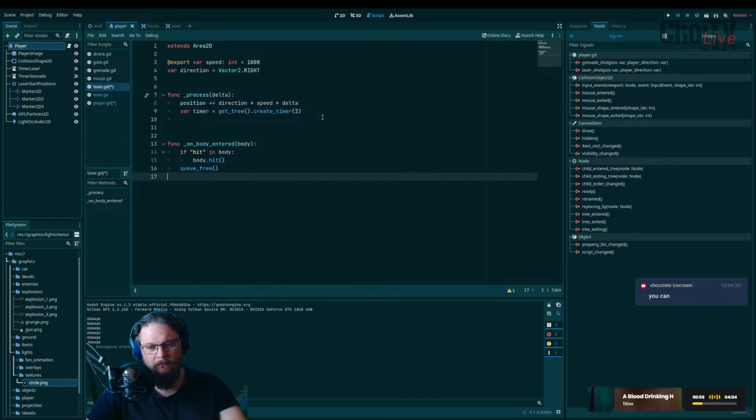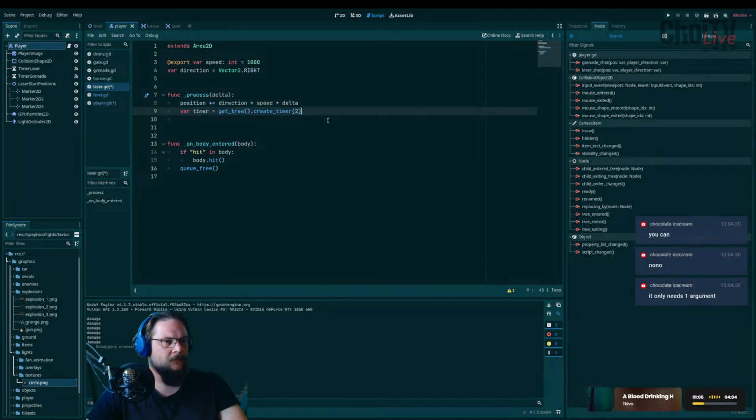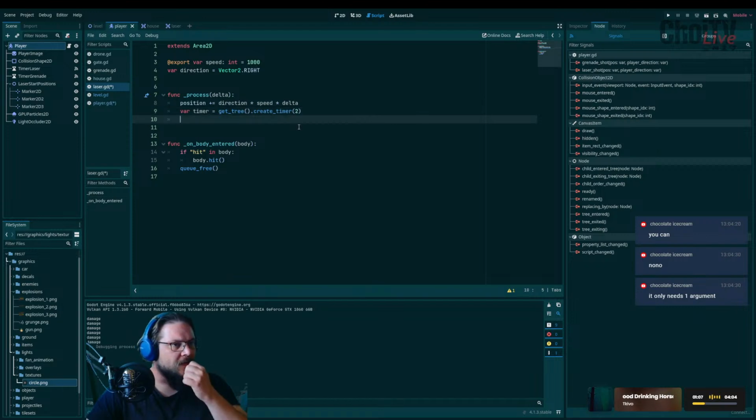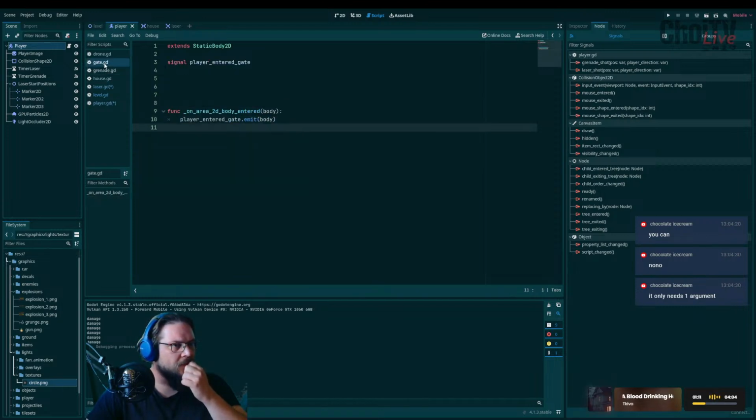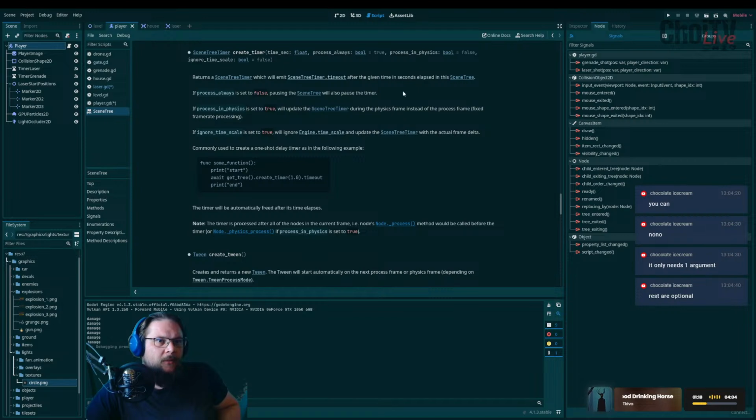Yep. And then, let's see how we should do this. SceneTree create timer returns a SceneTreeTimer which will emit timeout after the given